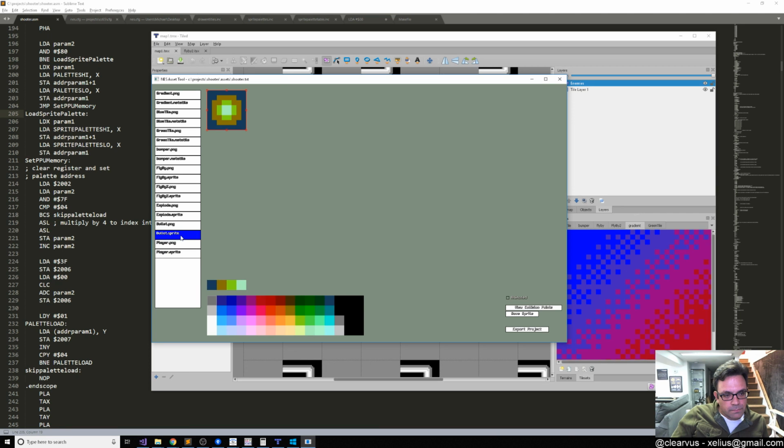And then, in terms of any other palettes that need to be loaded, it's really a question of what entities are on screen at that point. We don't want to hard code the palettes, so